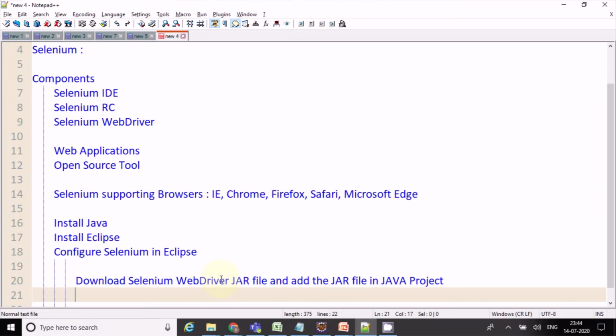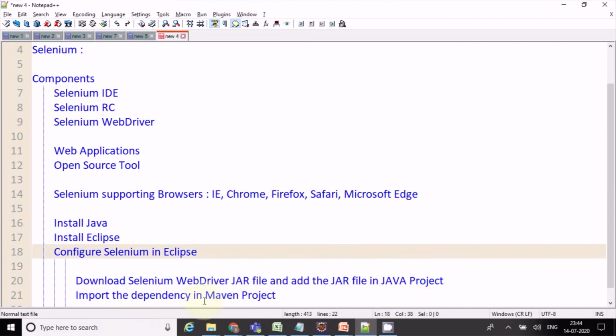And the second way is we need to import the dependencies in a Maven project.